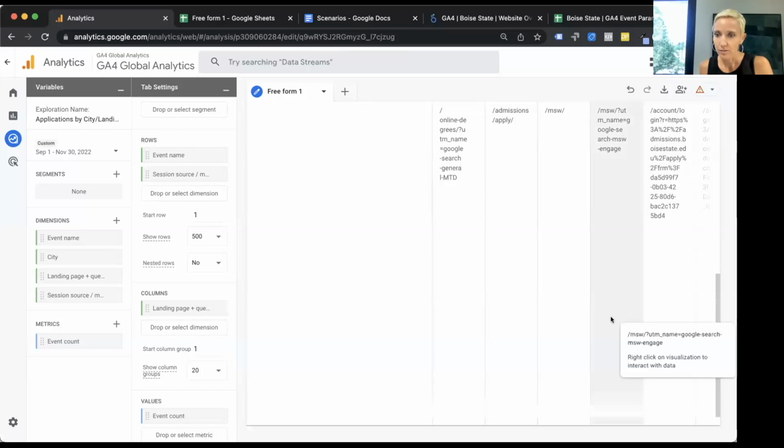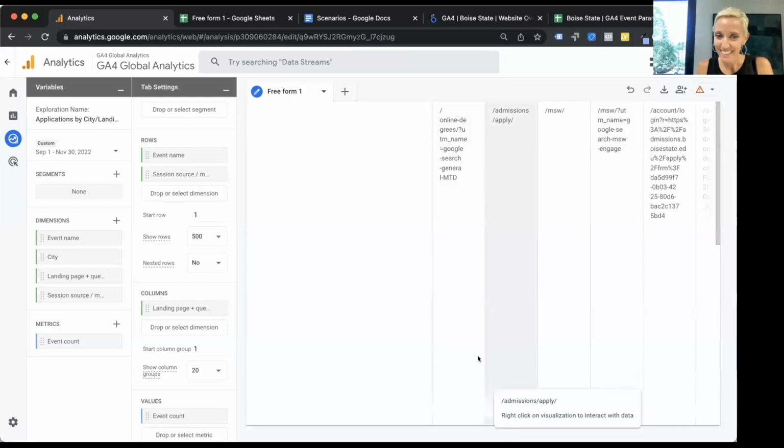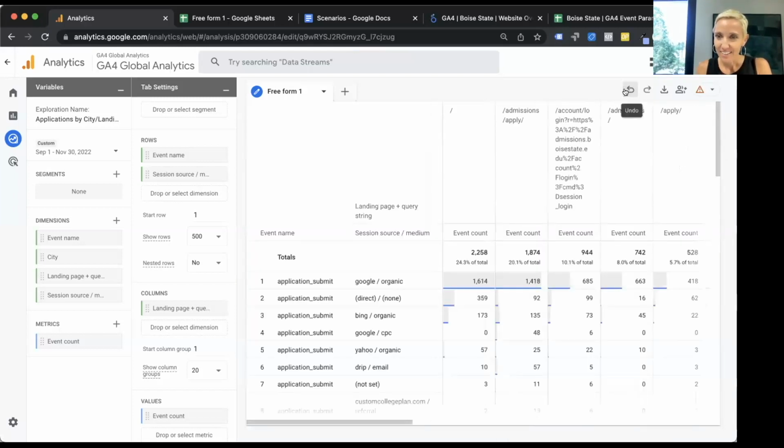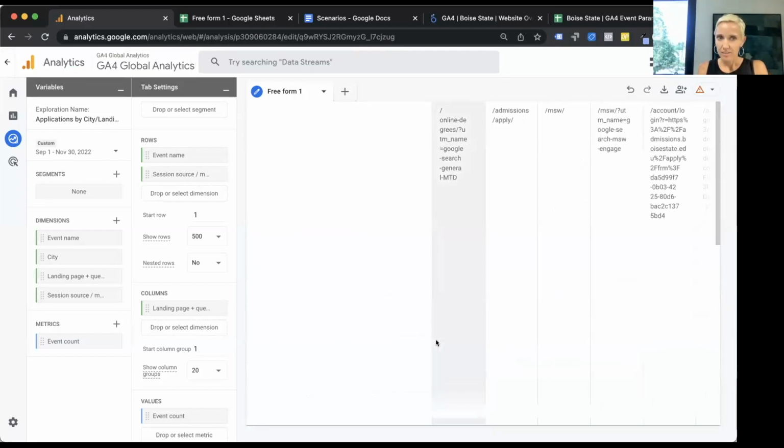Kind of funky. I don't know what happened here. I think my computer is freezing. Uh-oh. Let me try that again. Let's see, it's loading.